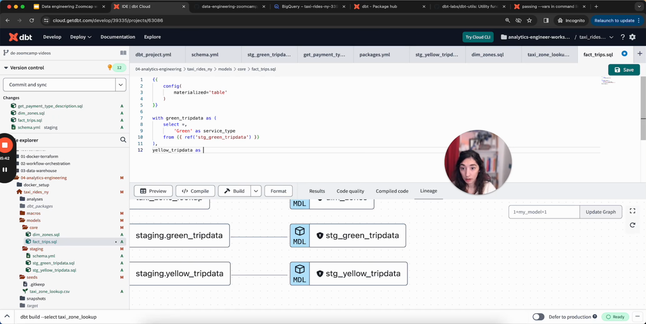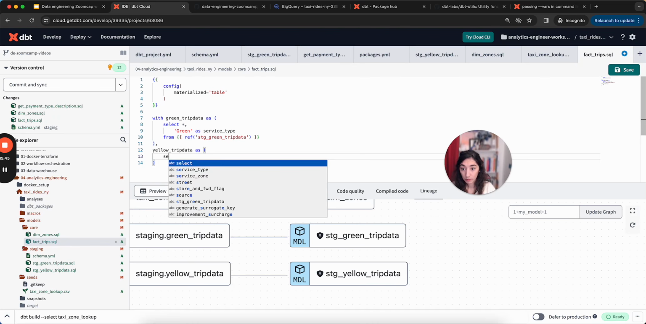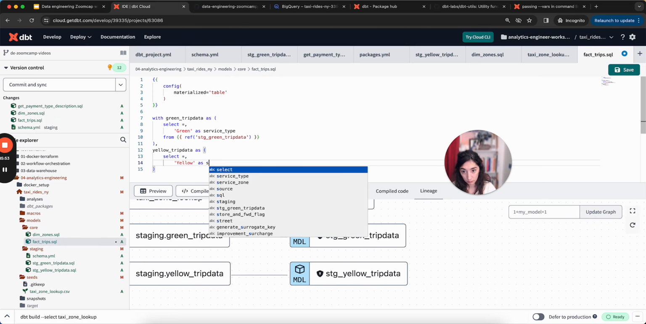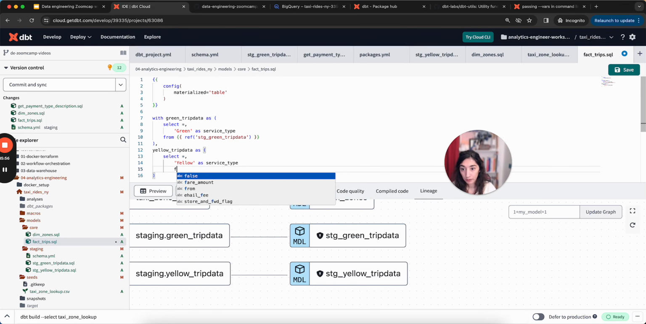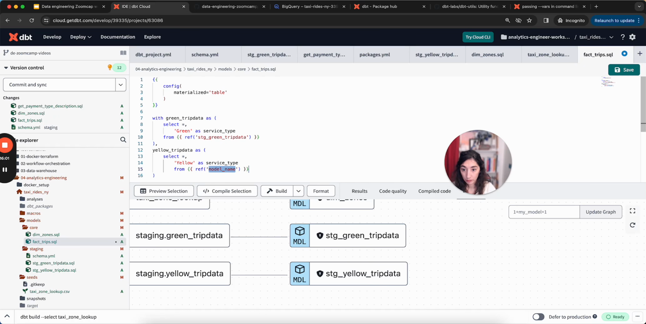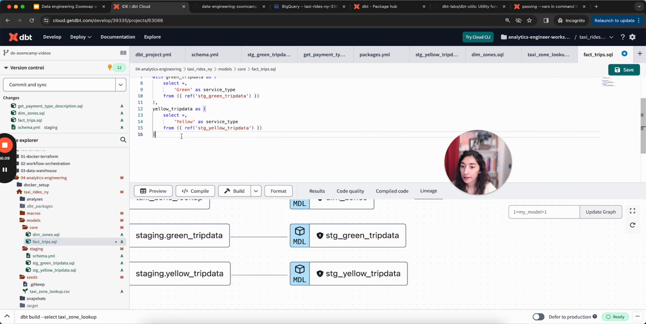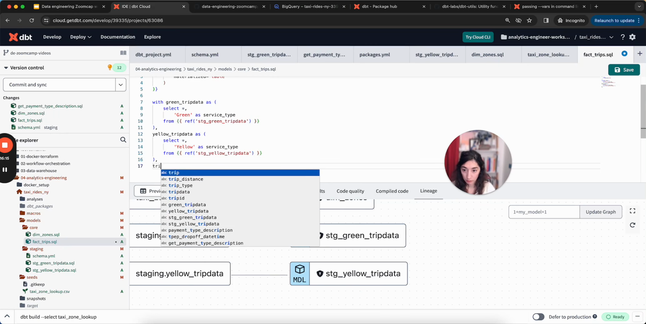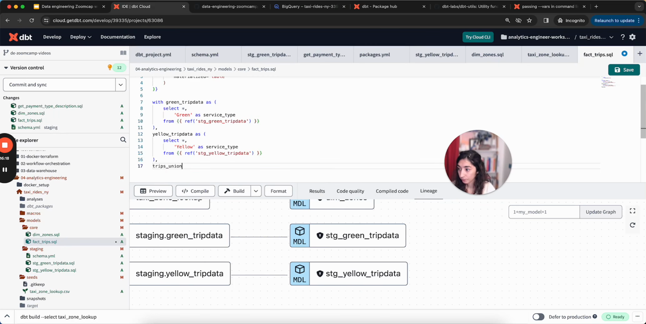We'll do the same with the yellow data. Select star, comma, 'yellow' as service type from. Let's do the ref, yellow trip data. That's nicer. And what we're going to do next is union all of this. So let's do a trips union as